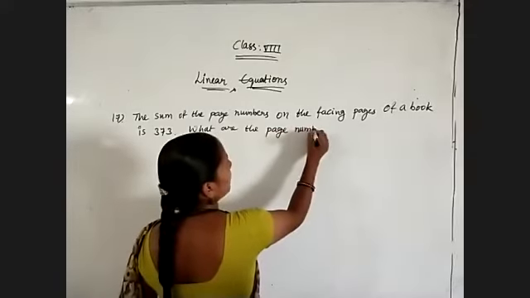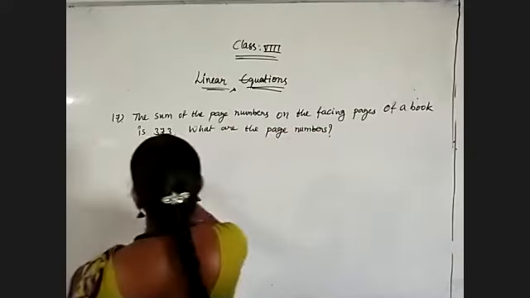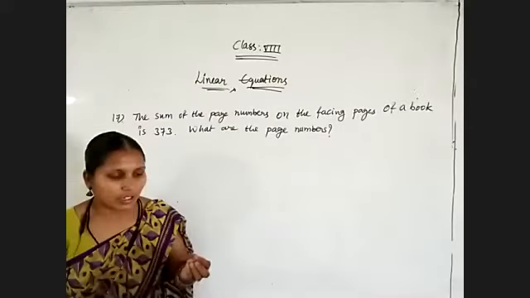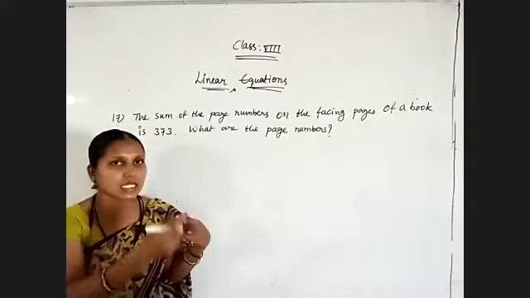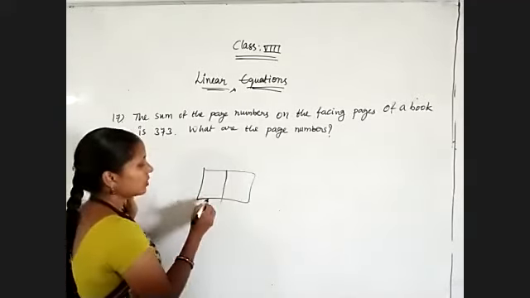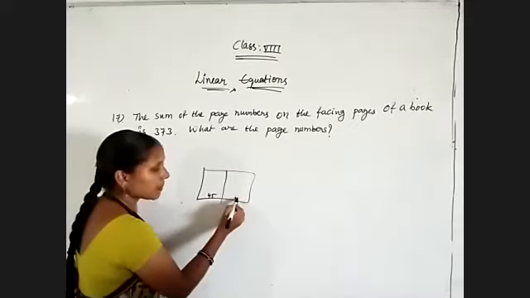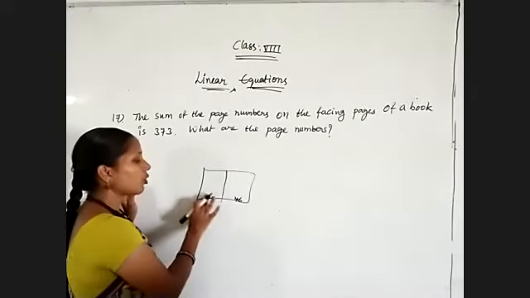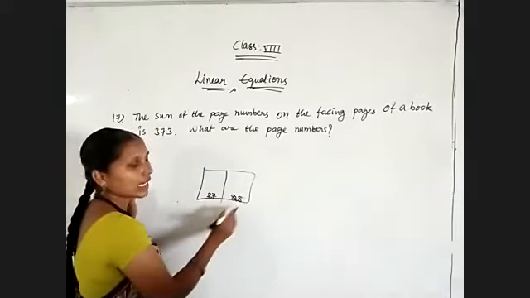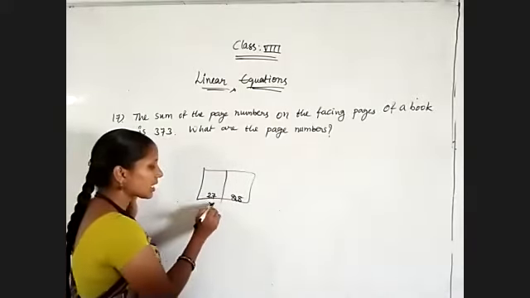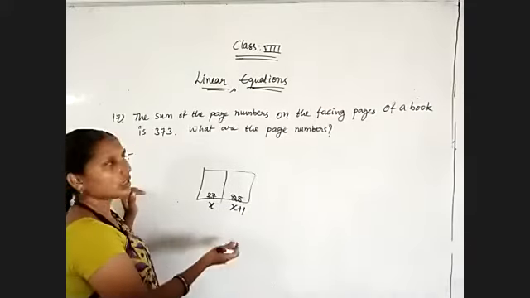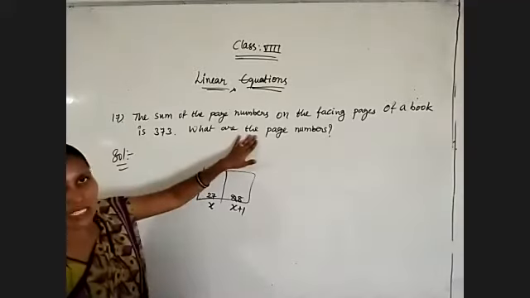Okay, just observe. Facing pages of a book is nothing but, if I open a book, suppose on one side I got 45, the next I'll get is 46 only. So if I'm opening a book like this, here page number 45 is there, and my next page is 46 compulsory. If I open a book and get 27, the next number I'll get is 28 only. Means if one number is x, the other page number will be x plus 1. That's why we only need to find what the page numbers are.